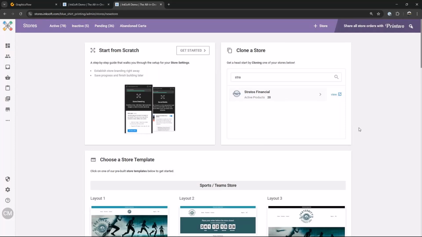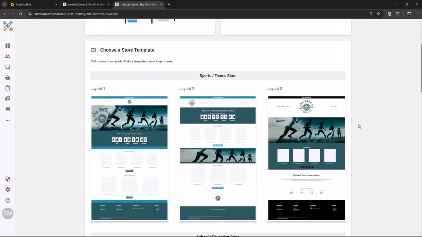Cloning is a great way to do it, but now you have stored templates. And stored templates is a very fast way to create a store. If you create stores for specific vertical markets, then really your starting off point for a new store really should be cloning. You've taken a store here, you've modified it exactly the way you want it for a school store or a corporate store or a fundraising store, any other kind of specialty store. Maybe it's a store where you collect registration data for a 10K. Once you have that store initially created, then you can clone it, and you don't even have to go back